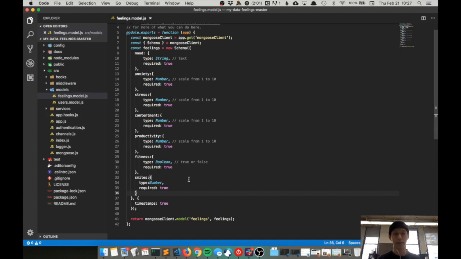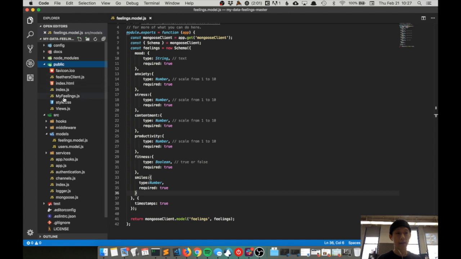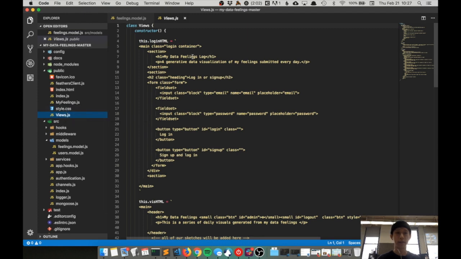So imagine that we've updated the type of properties that our database can accept, and what we need to do is make sure that we can create form inputs that allow us to send data to those properties in our database. So we're going to go to our public folder, and then you'll notice that we have a bunch of files in here. And our first stop on our journey, after we've now edited this models file, is this Views.js. So if we go into Views.js, we'll see that we've got some HTML which has been included in these ES6 template string